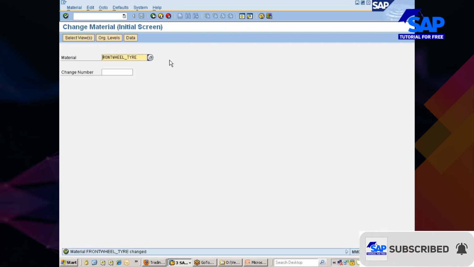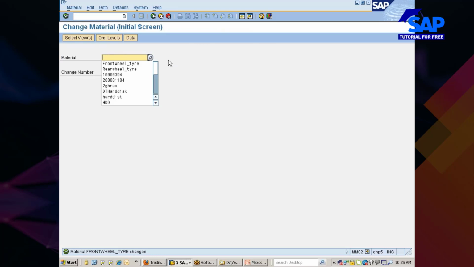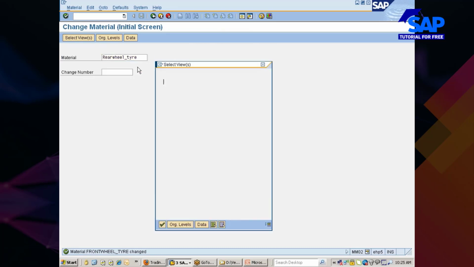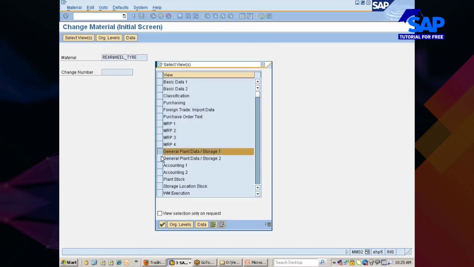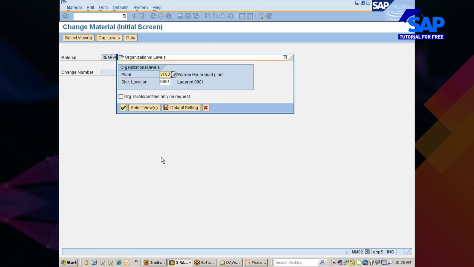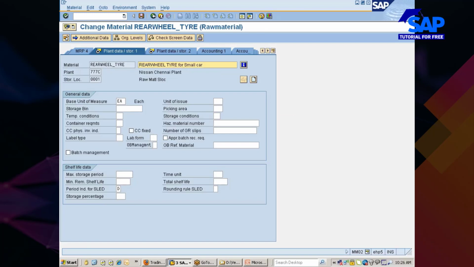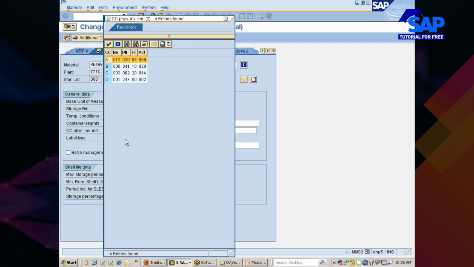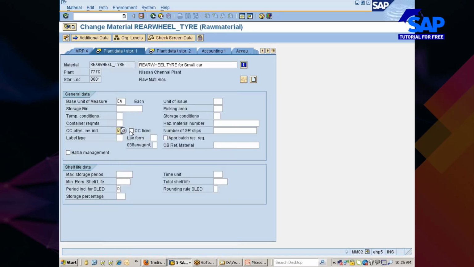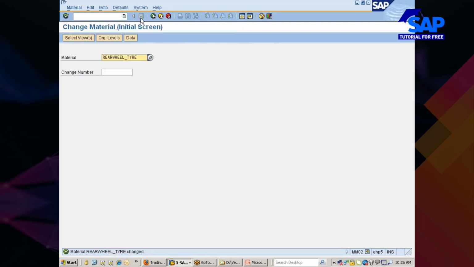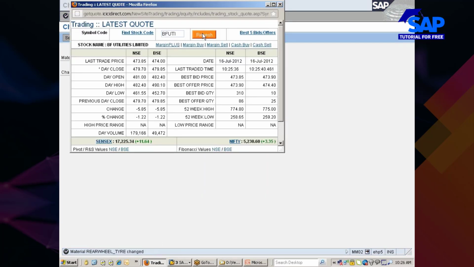Okay, so now let's go with the other wheel, rear wheel tire. Hit enter. Once again choose general plant data, 1 and 2 views, 777C. Okay, so here CC indicator, see here I wanted to choose B, but here I'm fixing it. Okay, I will just go and save it. Right, having done this,